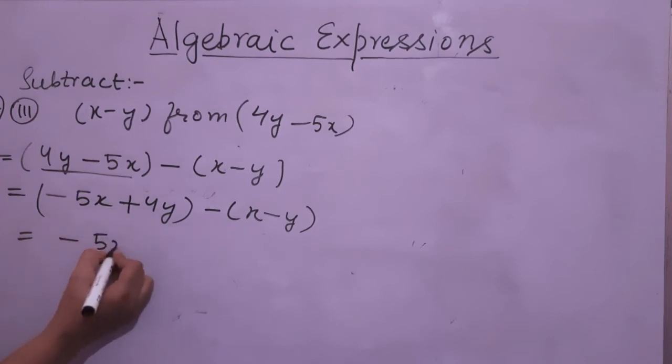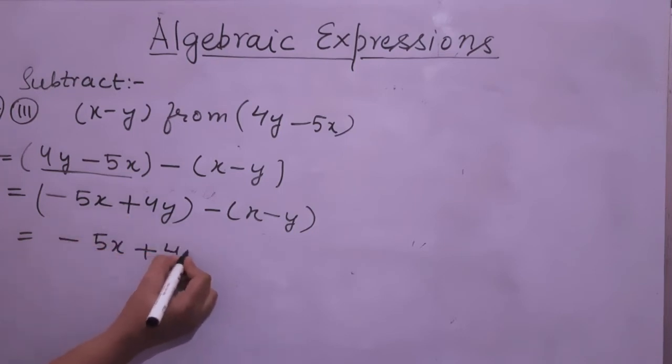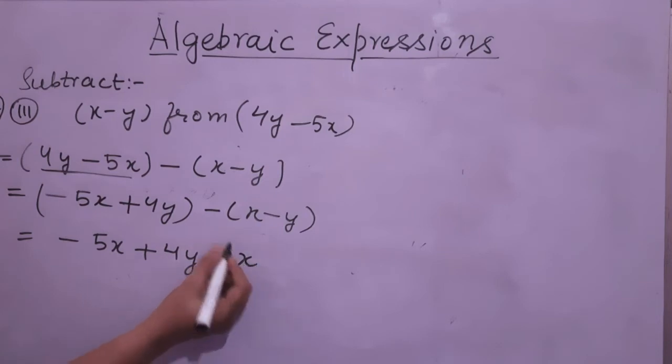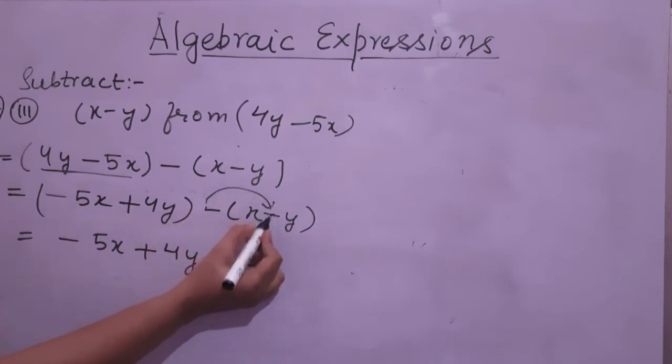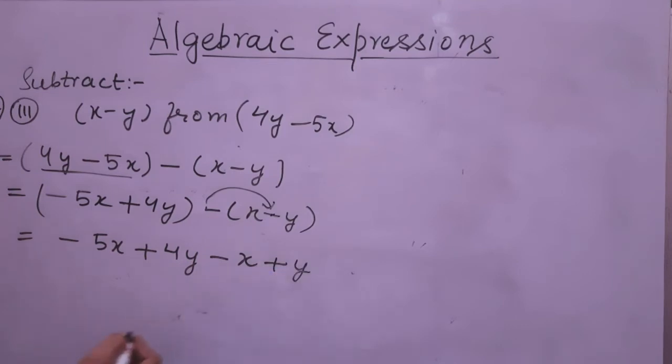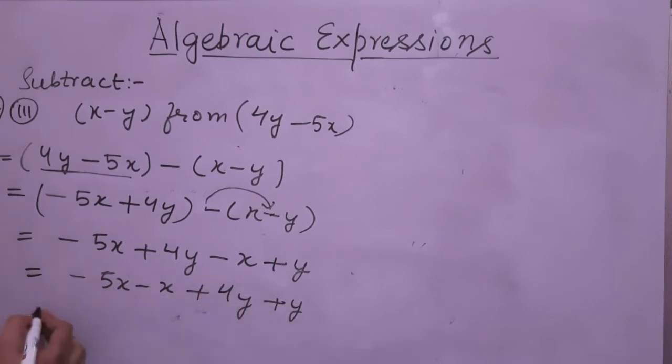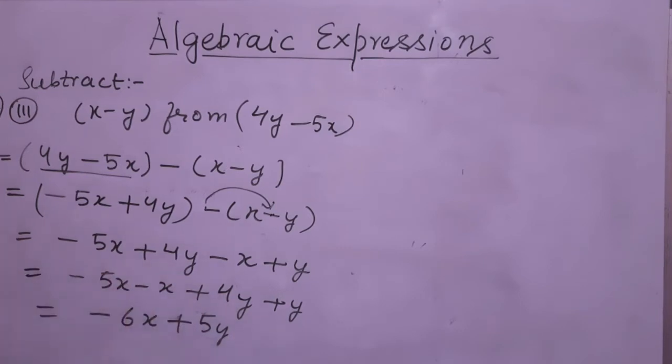Now open up the brackets. -5x plus 4y minus x. Now this minus and this minus, when this minus is multiplied with this minus, it will be plus y. Now collecting the like terms together. Okay students, collecting the like terms together. Minus minus plus, but which sign is placed? The sign of minus. So the final answer will be